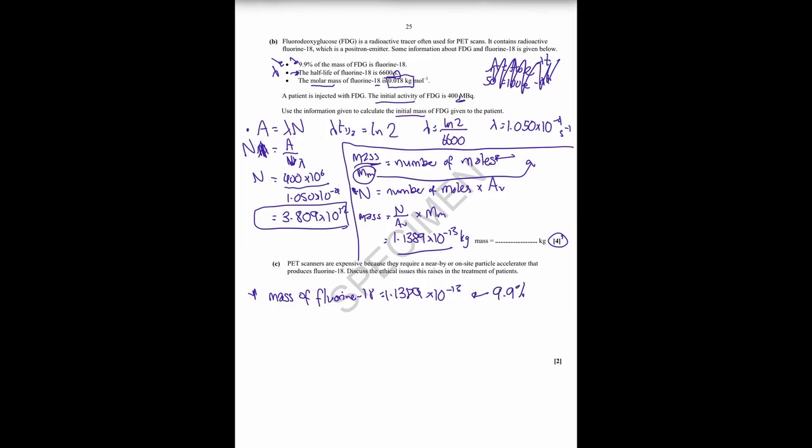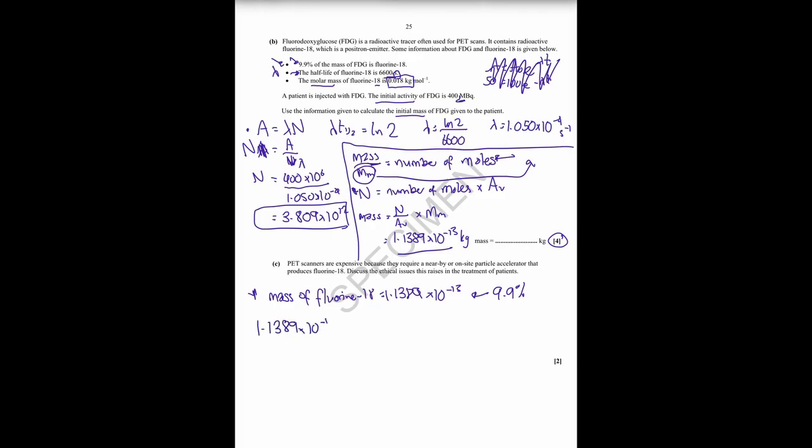So if that's 9.9% of the total value, how am I going to get to 100%? Well, if you're more confident with maths, you can just say, oh, I'm going to divide by 0.099 and then I'm going to get the answer. And then that will be the correct answer. Yeah, that's great. If you're not too confident with it, a way that you can do it is if you use a formula. But a very simple way that I've seen a lot of students do is just scale it up. Well, first just scale it down to 1%. So I'm going to say